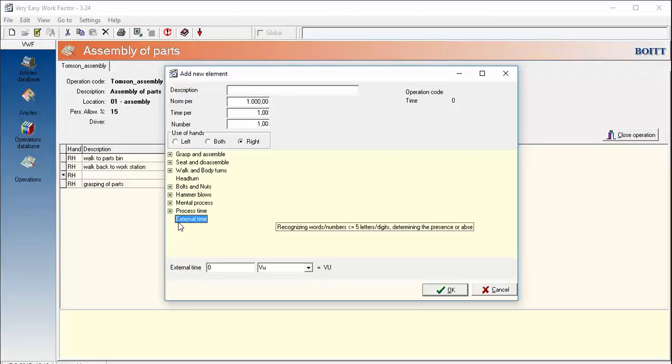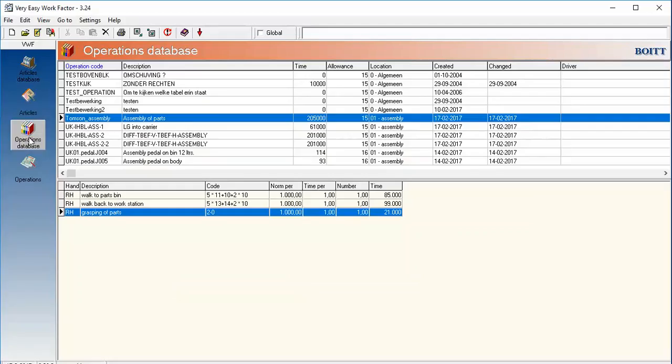External time is not actually belonging to the standard elements of Very Easy Work Factor, but we incorporated this possibility because sometimes you already have an archive or database or a spreadsheet with standard times, so then you can just enter them here in the way you like, and then they belong to the database. Well, the analysis is immediately taken up in the database, as you see,